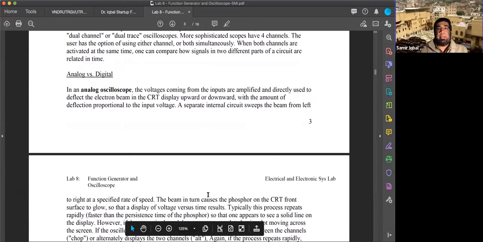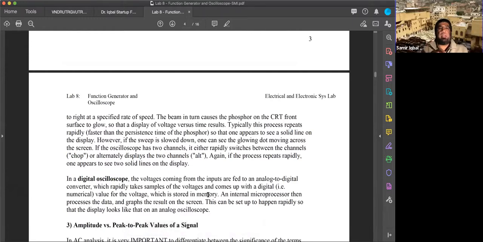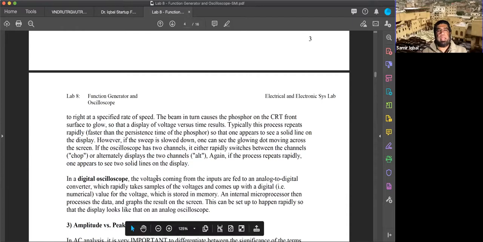Now in a digital signal, there are similar concepts but slightly different, because now what we have is what you call duty cycle: how long it stays high and how long it stays low, and what the high voltage and the low voltage are. So that would be the case in case of